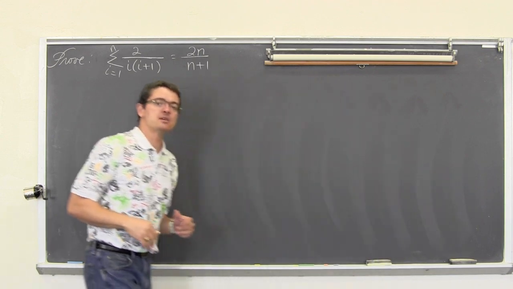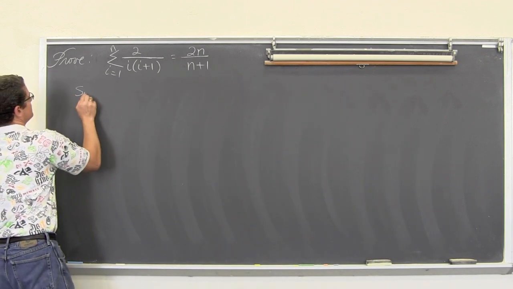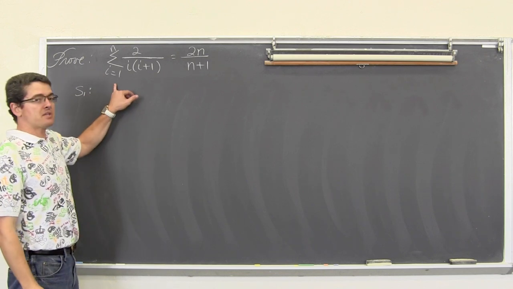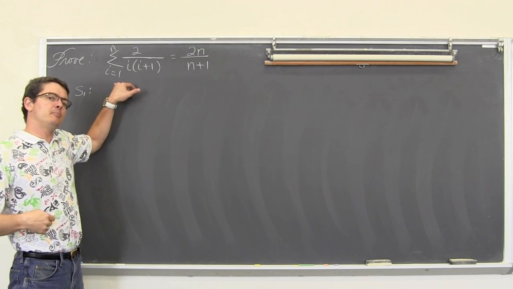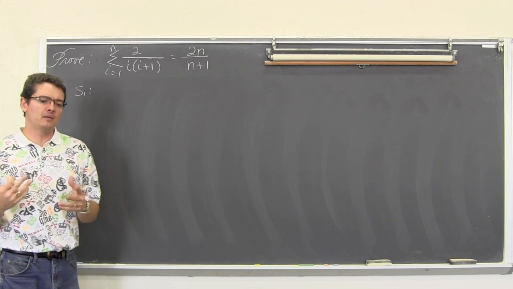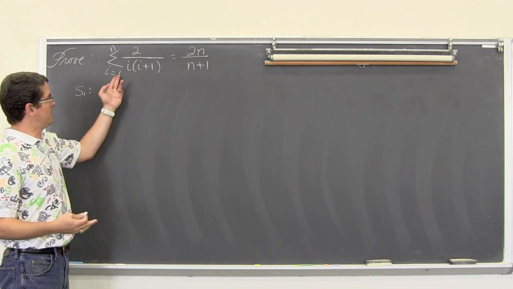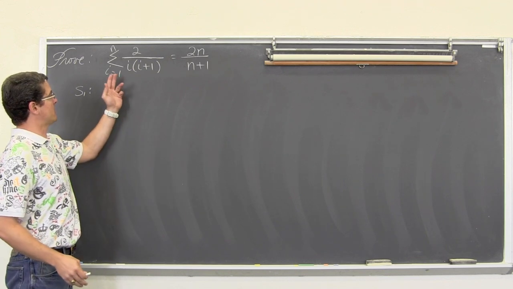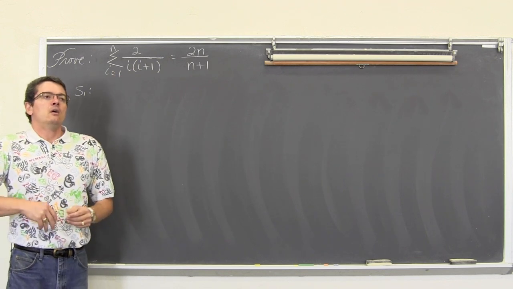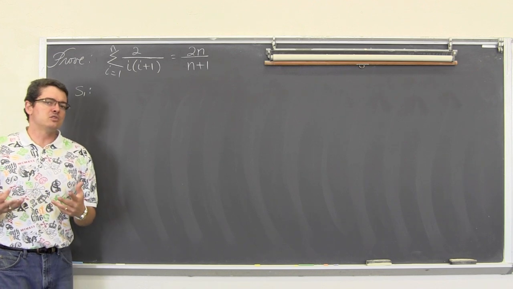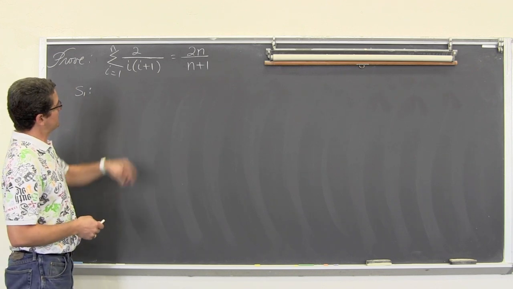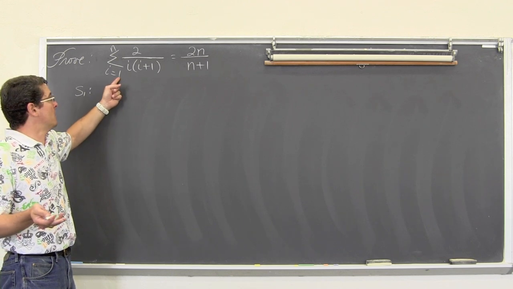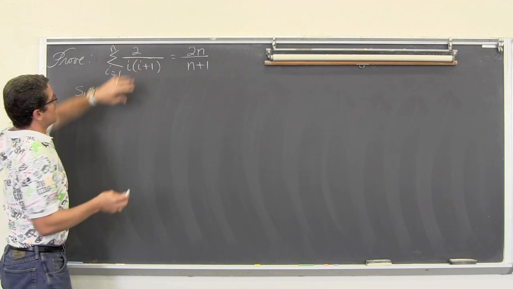So let's get this started. Again, we're going to prove that S sub 1 works. So what about S sub 1? Well, in summation notation, to find the first term, you don't automatically plug in 1. It's not like the subscript notation, because the lower limit does not necessarily have to start with the value of 1. It could be 0, it could be 5, it could be whatever, unlike maybe your arithmetic and geometric notations with the subscript. So to find the first term, make sure you look at that lower index, and it is indeed 1. So we're going to take the 1 and plug it into the left.